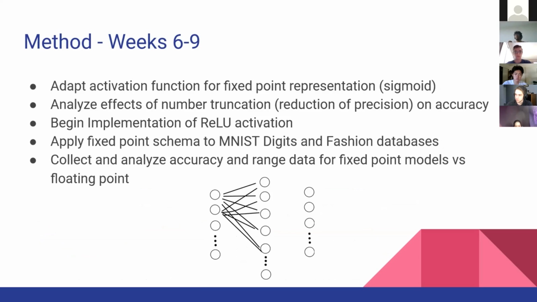Such that we could see how much precision we could drop without necessarily changing our accuracy. We also began implementation of ReLU activation to see if that would work considerably better than our more complex sigmoid function. On top of that, we applied our existing fixed point schema and fixed point models to the MNIST digits and fashion databases to check their accuracy as a whole, to see if our concept of applying fixed point models would work in real world